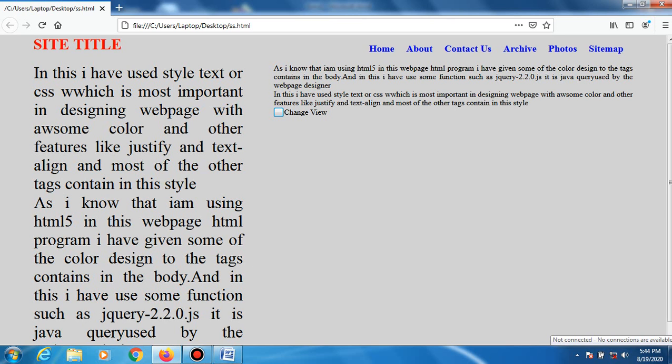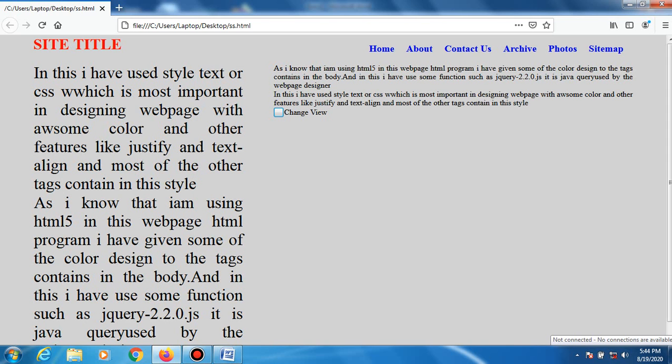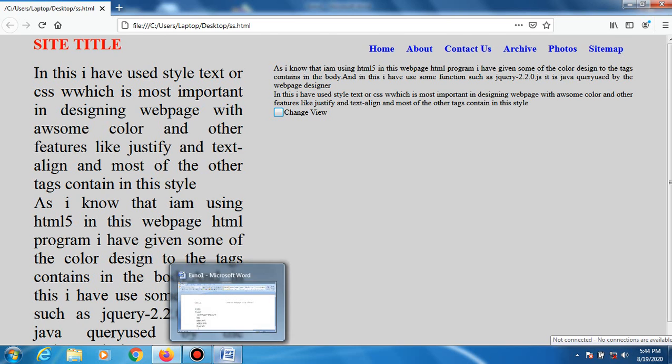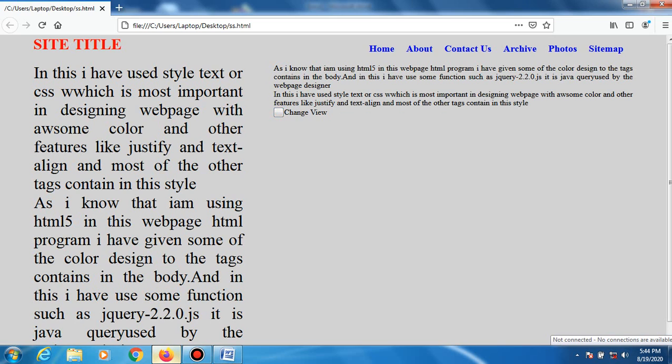Even computers cannot understand the requirements of the user. The requirements must be defined, must be instructed in the program by the developer.